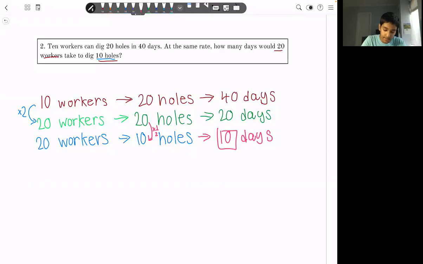So again, highlighting the key steps. We have twice the number of workers, and half the amount of time and half the amount of work to do. So since we have twice the number of workers, it will be half as fast. But since we have only half the amount of work to do,